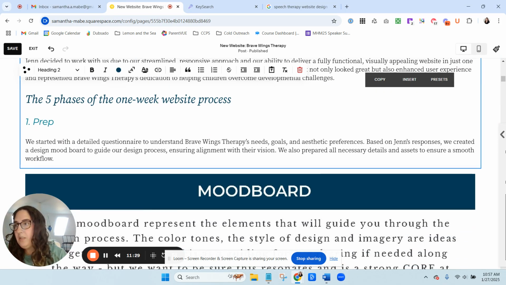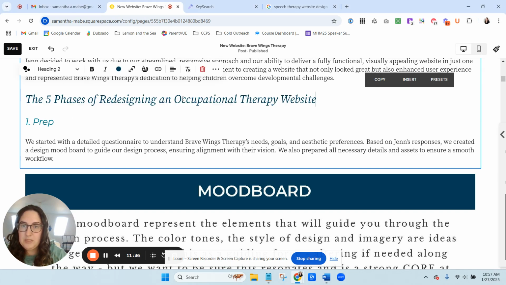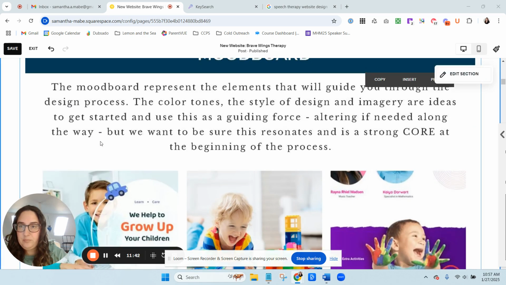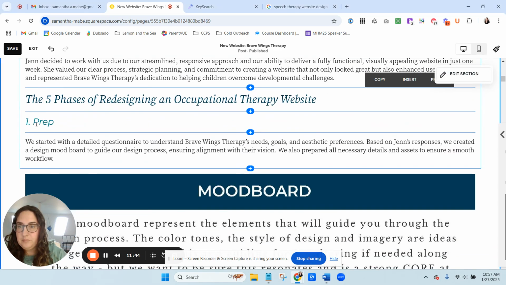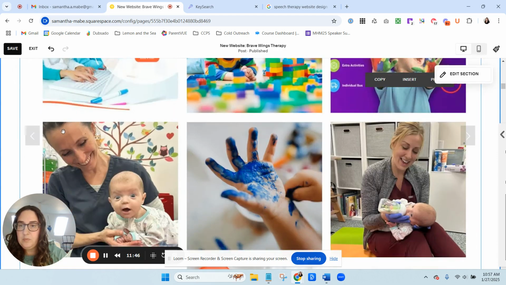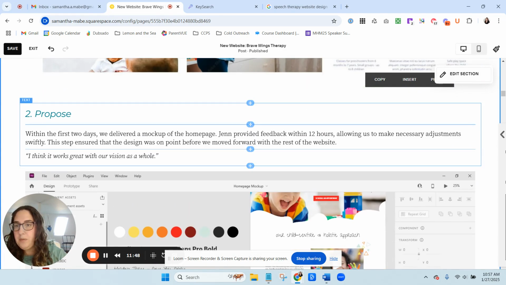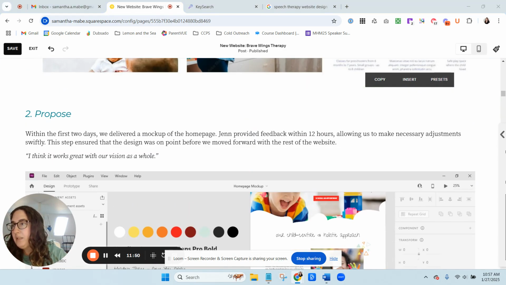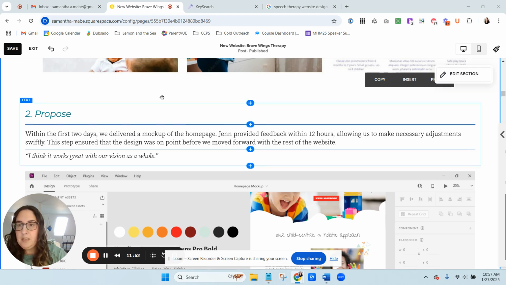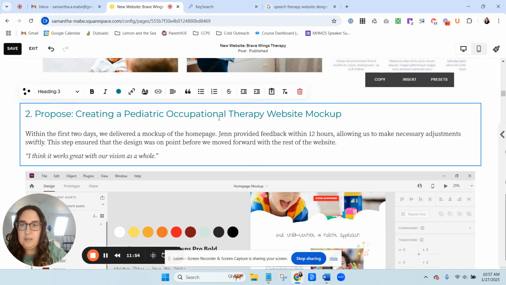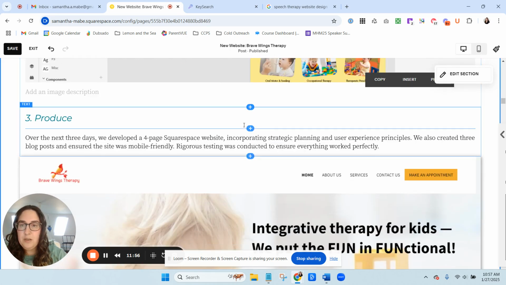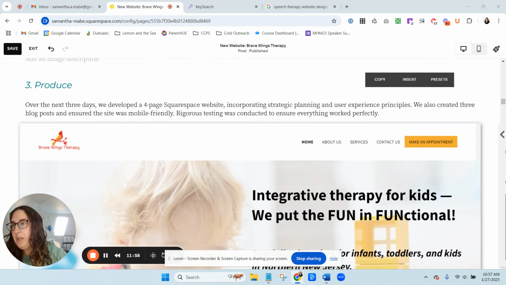And then we've got the 5 phases of redesigning an occupational therapist website. So you can see it's pulling in those. I'm going to go through and update all of these. And you can see that it is pulling in those keywords, so pediatric occupational therapy, speech therapy, but